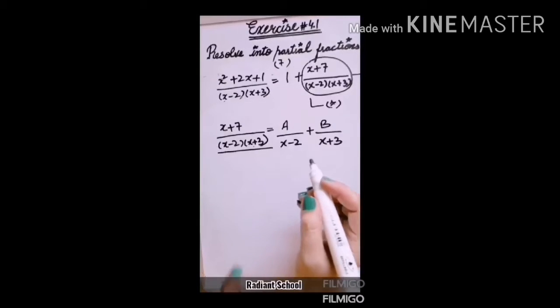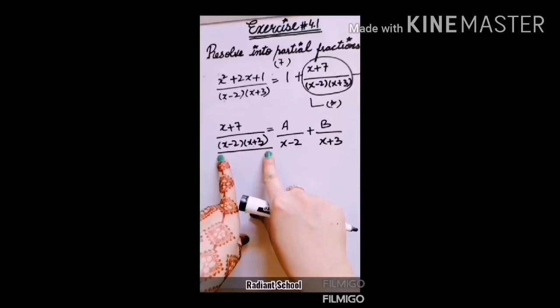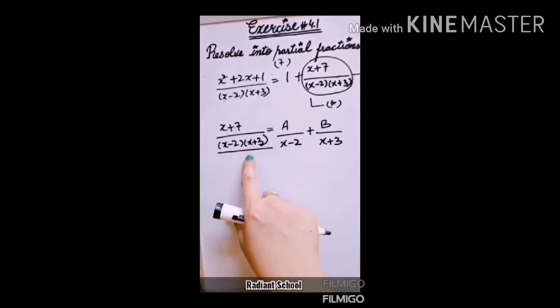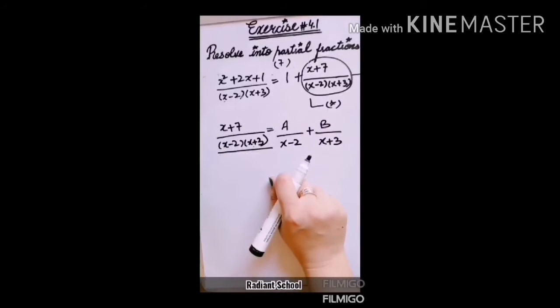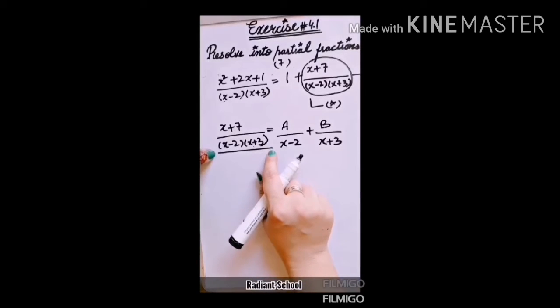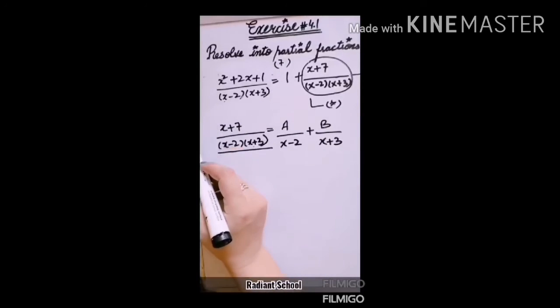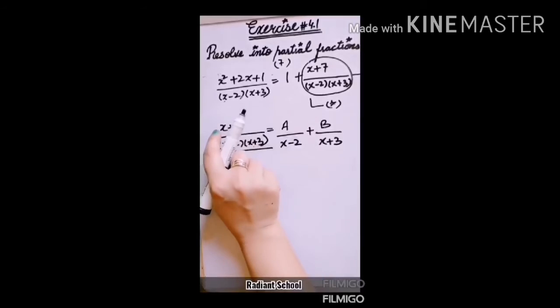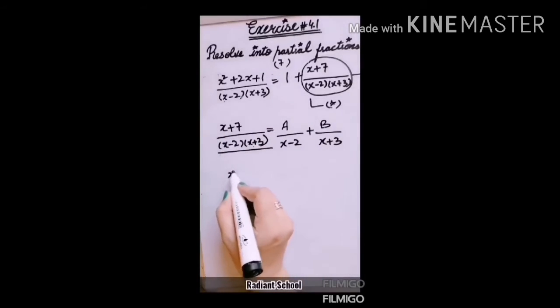So students, as I have told, the expression that is present in your left hand side's denominator will be your LCM. You have to multiply this LCM with all the terms. Students, you can do this step directly, because in the next exercises the questions will be too lengthy. If I multiply this whole LCM with the left hand side, you can see this whole factor will be cancelled, because this is the LCM. So in the numerator only x plus 7 will be left.